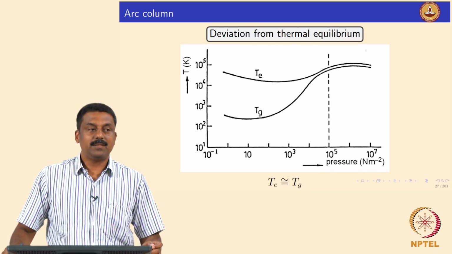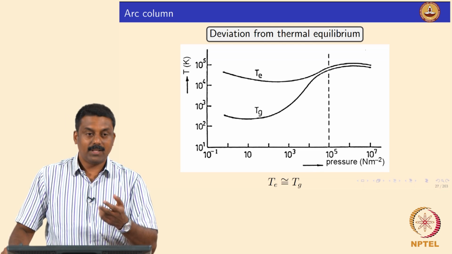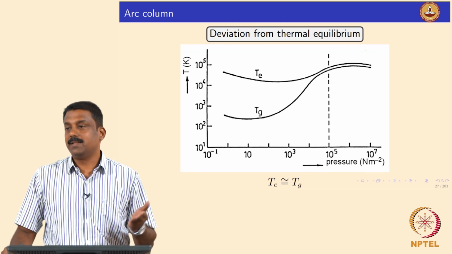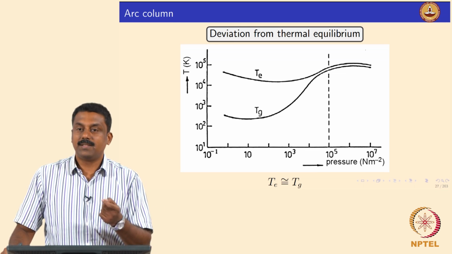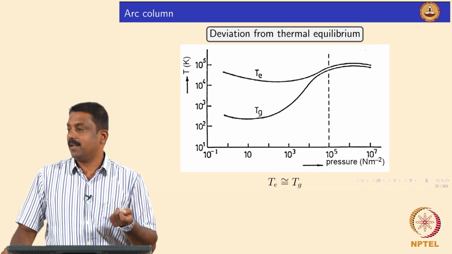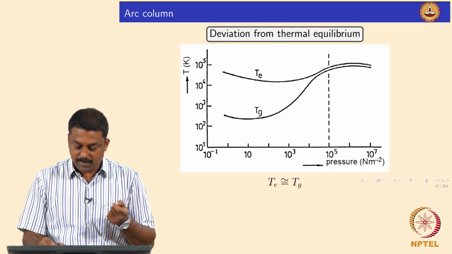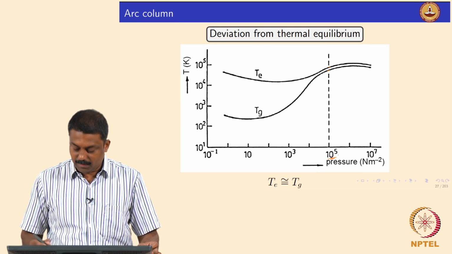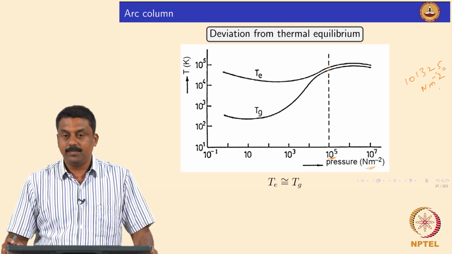So because of the difference in mass, the electrons drift more, or they travel more. Because of the mass, the drift velocity is also higher, leading to the electrons being heated slightly more than the gas in the system. So at 1 atmosphere pressure, the electron temperature is slightly higher than the gas temperature. Okay, so what is atmospheric pressure in Newton per square meter? If you change the pressure of the system, what happens?